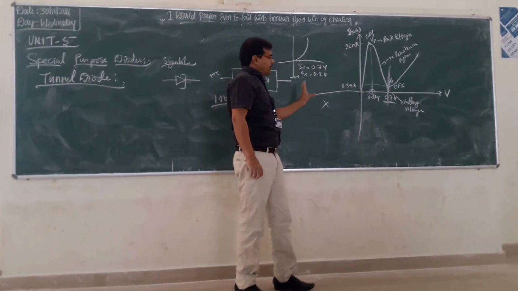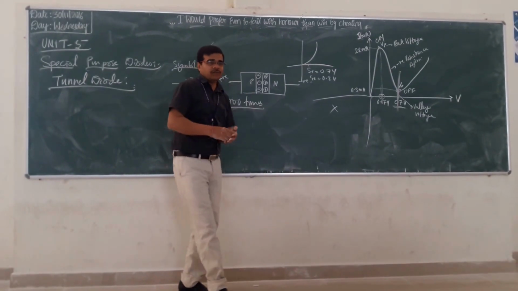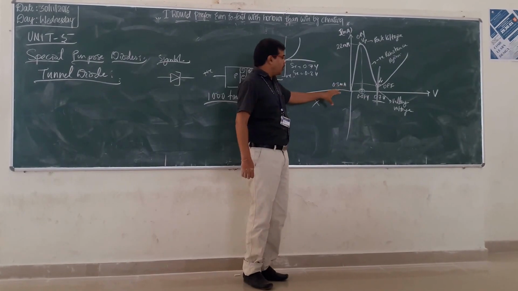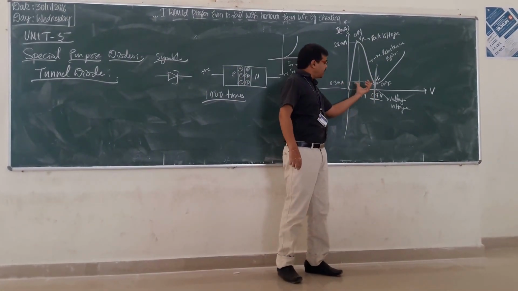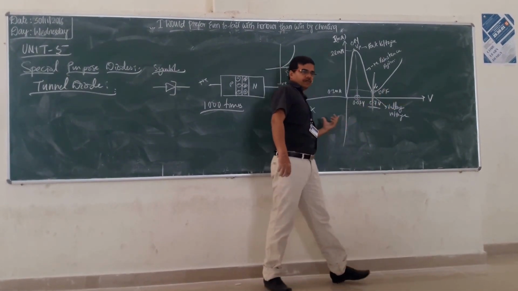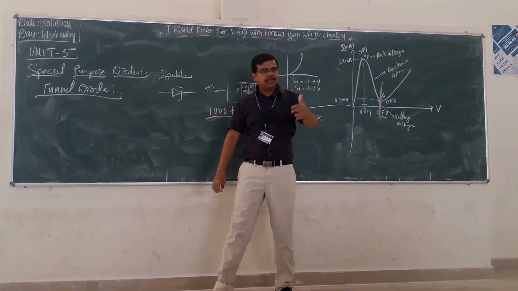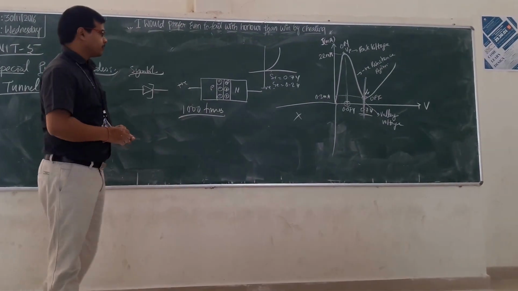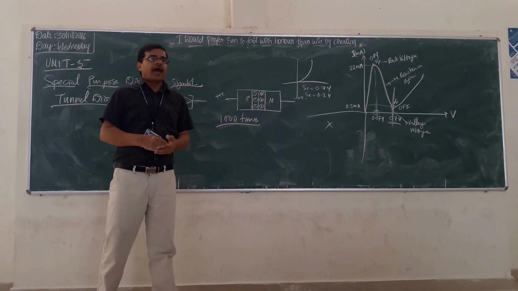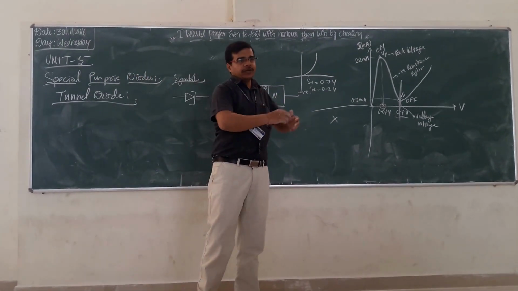Okay. The remaining properties of your tunnel diode are similar to your PN junction diode. From the cost point of view, the cost of the tunnel diode will be more. So as the cost will be more, if the application requires this area, then we will go for the tunnel diode. Otherwise, if you have to choose between an ordinary PN junction diode and a tunnel diode, we will go for the PN junction diode only. Okay. So if we look at the application part, we can use it as a switch. And what are the other applications we have for the PN junction diode? The same applications we can follow here also.